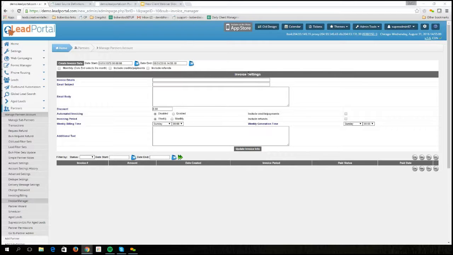So as we mentioned, it is just a PDF file. At the very top is going to be the buyer's or the partner's contact information. And based upon their account settings, it's going to have the invoice period, the date that it was sent out, and then below that it's going to highlight all the different leads that have been sold to them in the period, for how many,